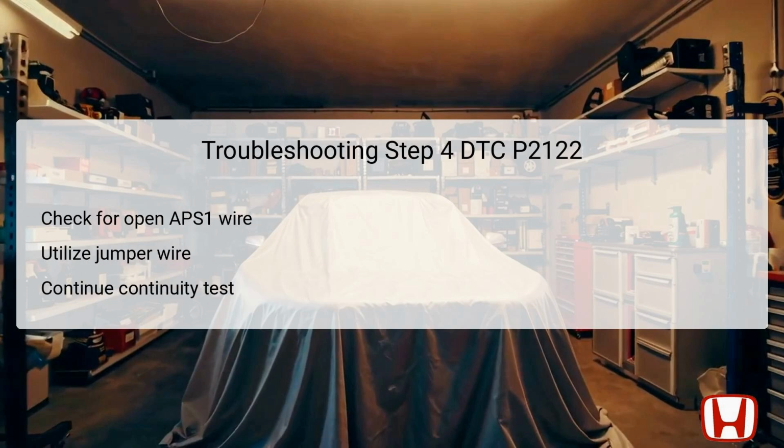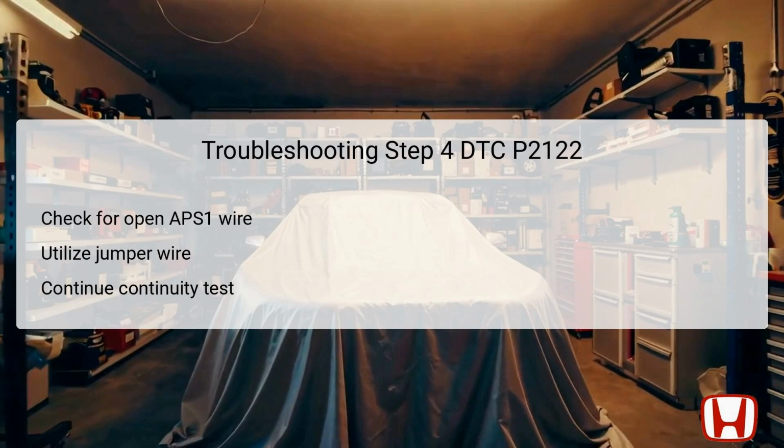The fourth step in this troubleshooting process involves checking for an open circuit in the APS1 wire. Following the proper safety protocols, the technician will connect terminals A and B using a jumper wire, establishing a temporary link from the APP sensor connector to body ground. This step is crucial as it allows for a clear continuity test to be conducted with other critical components not